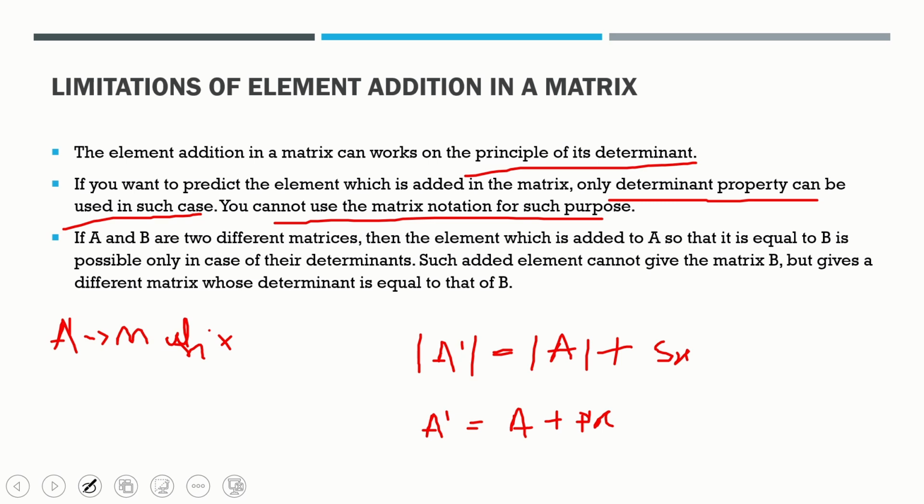You know the determinant also, and there is a matrix A also there. From the determinant we have calculated x, but it is not sure that A plus x into P, of course,